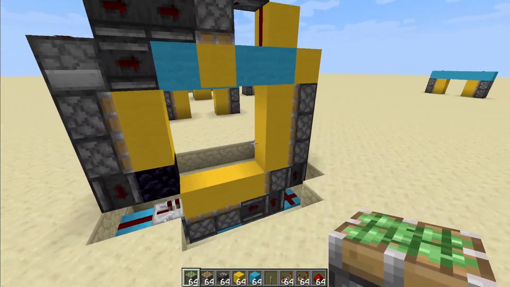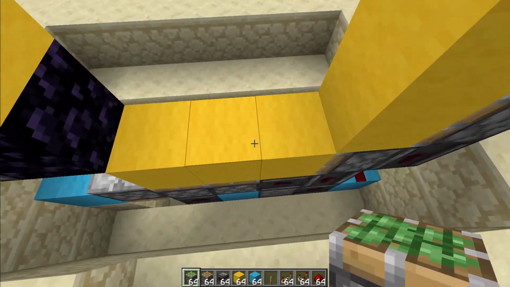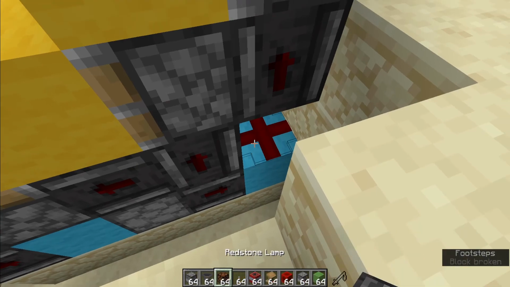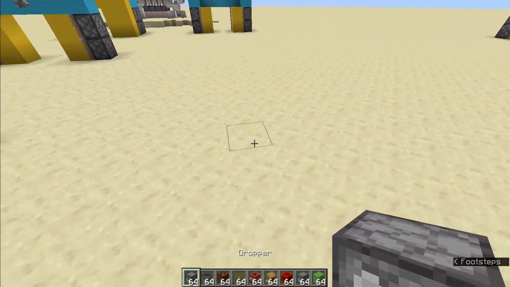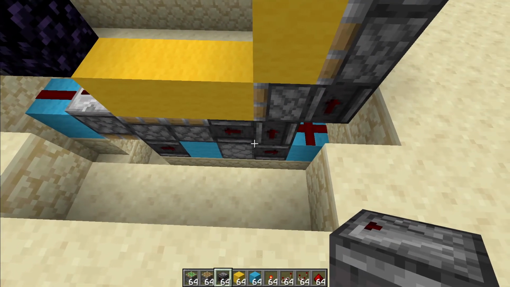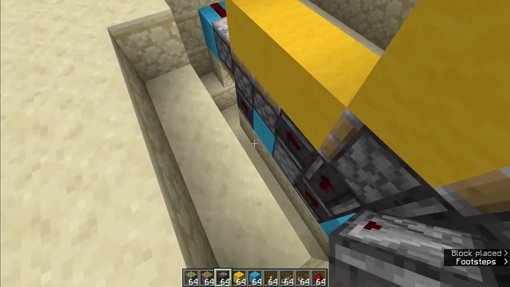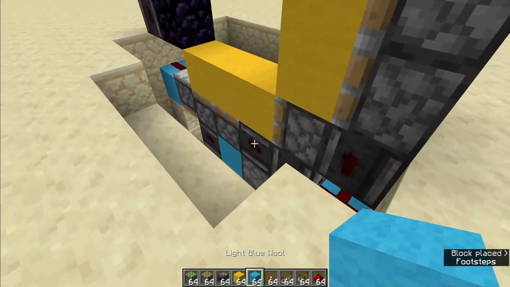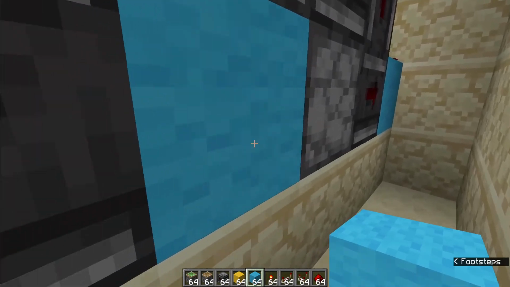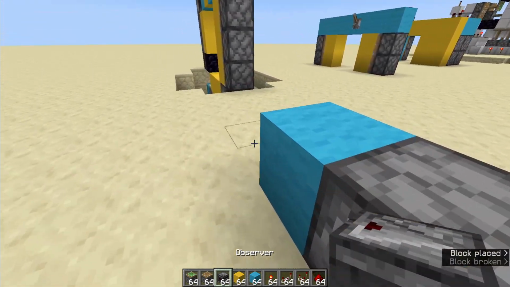Alright, this third piston door is going to be very hard to build, so I probably will be going back and forth between it. But basically what you want to do to start out is by putting a single, hang on, we can just do Z2, is by putting a dropper here, followed by an observer, hang on, where's that facing? It's facing this way next to it, with a block behind it. Oh shoot, I did this wrong. Like I said, I'm going to be referring to this a lot, so we're going to